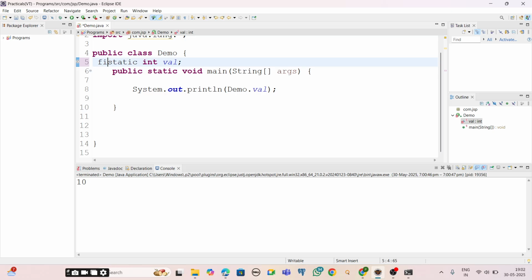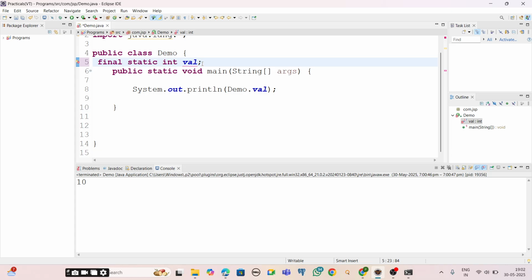So what I am doing is just adding final. Now it is showing an error, right? What is the error? The blank final field value may not have been initialized. It is showing that it is not initialized. So the concept you need to learn is, if we make member variables final, then for those final member variables default initialization is not possible.